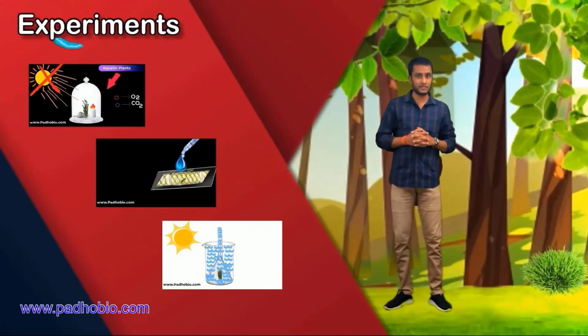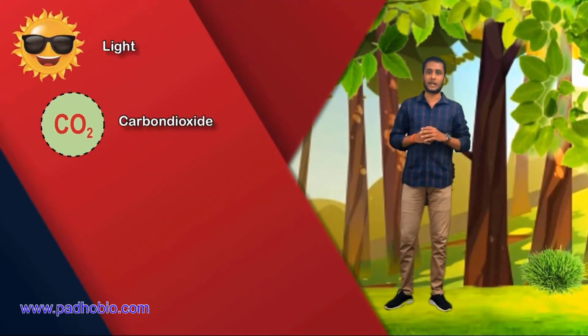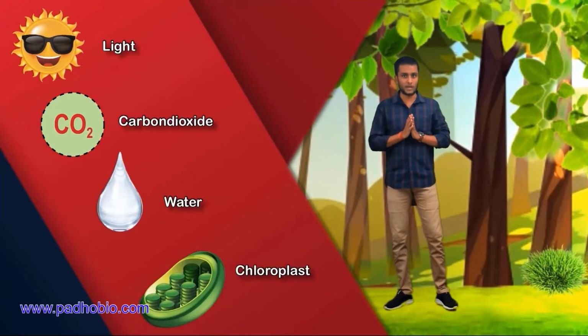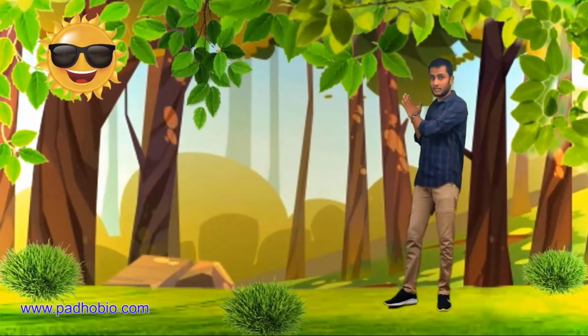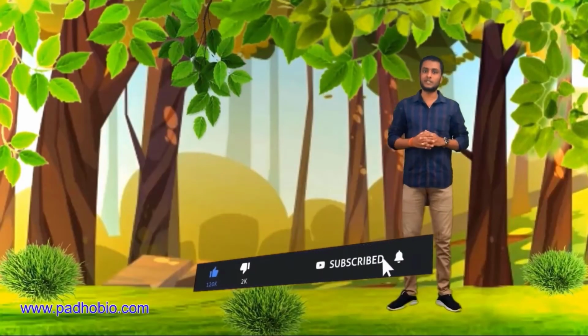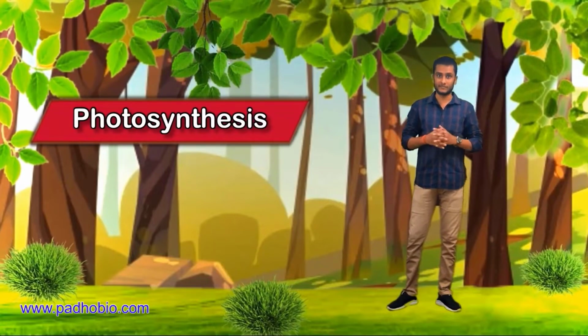So as of now we came across different experiments that gave us a proper idea about how different components like light, carbon dioxide, water and also chloroplast are involved in the reaction of photosynthesis. But when sun rays fall on the surface of any leaf from a plant, have you ever wondered how a leaf reacts to it? Actually, in photosynthesis, there are two reactions that are being performed throughout the day in a leaf. So what are these reactions? These are the light reaction and also the dark reaction.